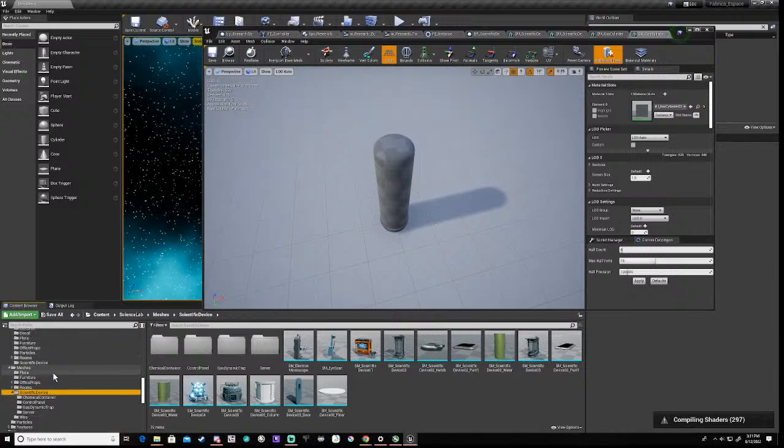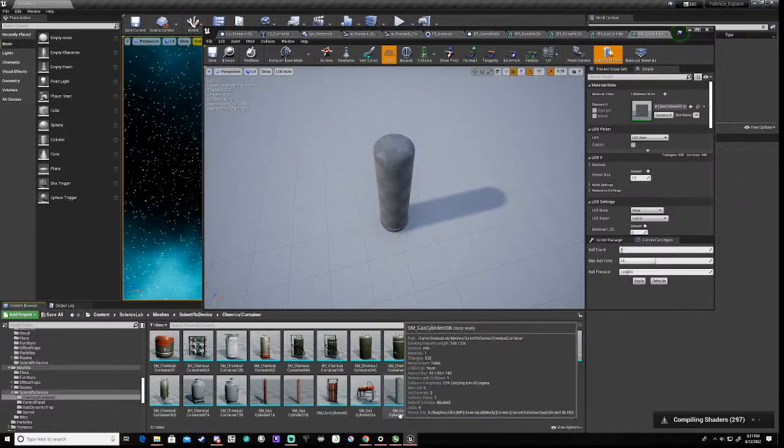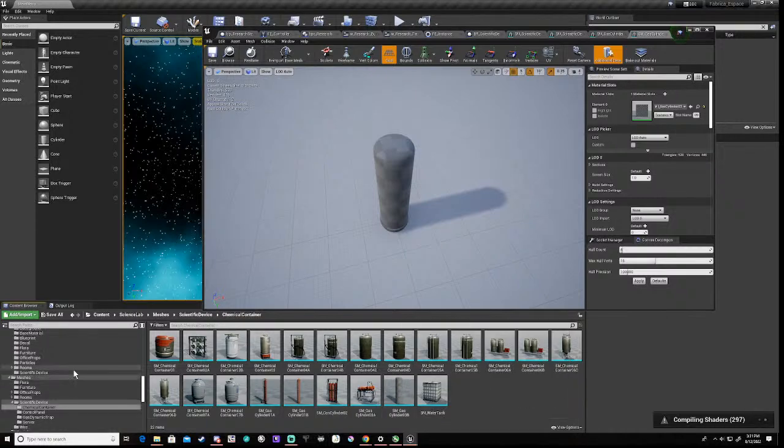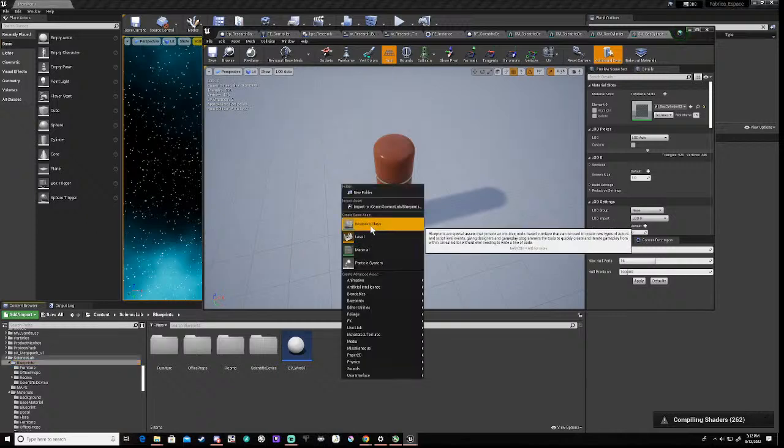So what we're going to do is, what was that called? It was chemical container, wasn't it? And it was gas cylinder 03B. Okay. So what we could do is do a blueprint